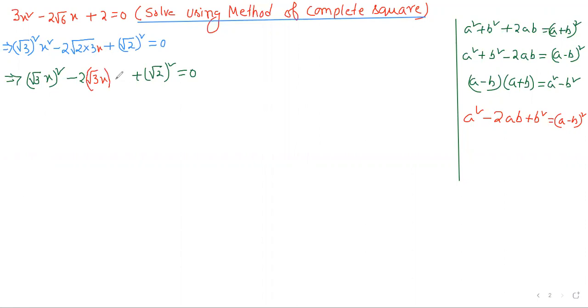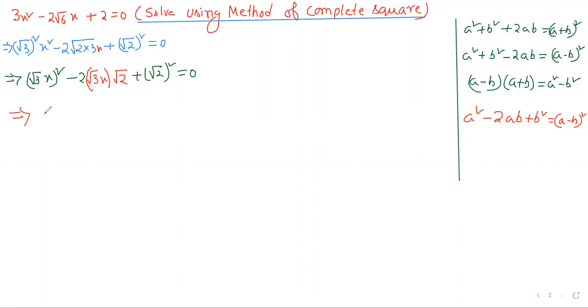Okay. And here also we can write this root over 2 multiplied by this root over 2. So here this is our x square, right? This root over 3, this is a square. This is the 2 of this formula, and root over 3 is our a, so twice a, and this is our b, right? See, a square minus twice ab plus b square. So what is the equal of this identity? a square minus twice ab plus b square is equal to a minus b whole square.